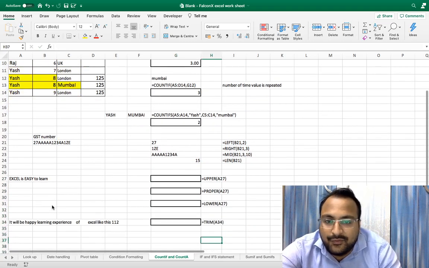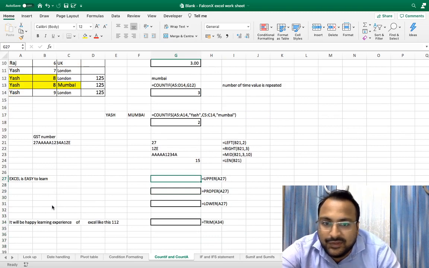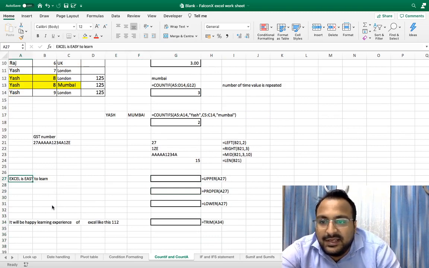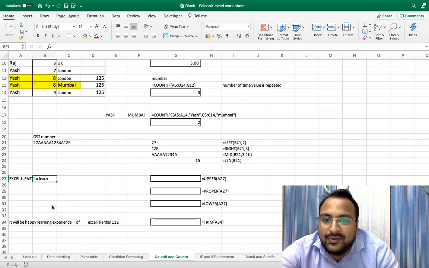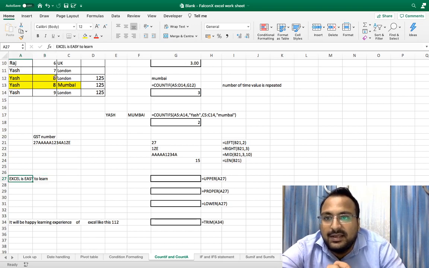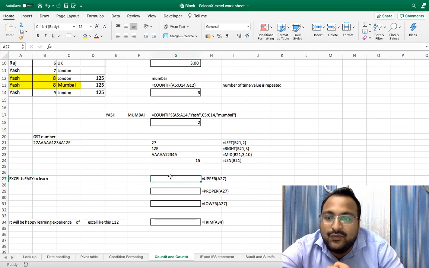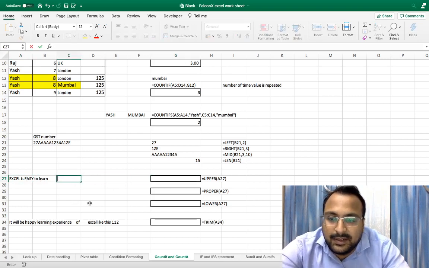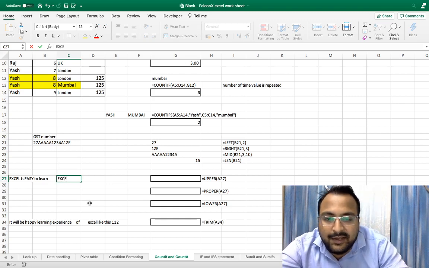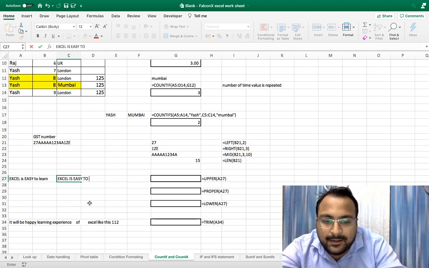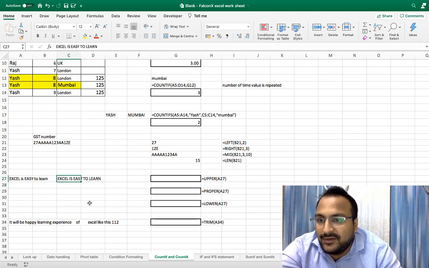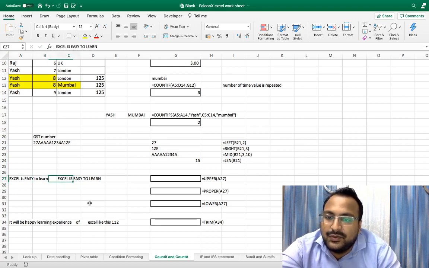Now, four more formulas for this video. Excel is easy to learn. As everyone knows, Excel is easy to learn. This, as you can see, easy is not in the proper case format. Excel is also not in proper case format. If you want to write everything in caps, one method is turning on caps lock and writing everything again in caps. This is one method of converting this text into uppercase.